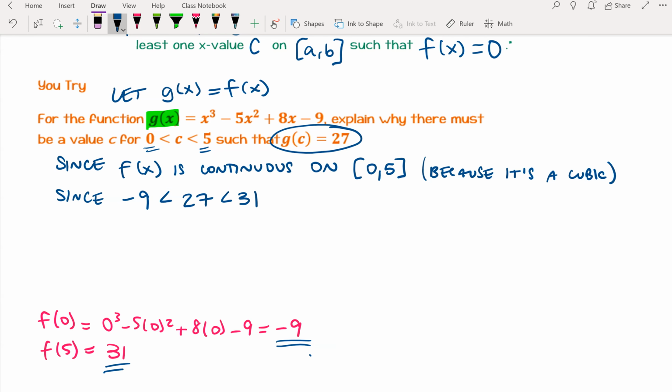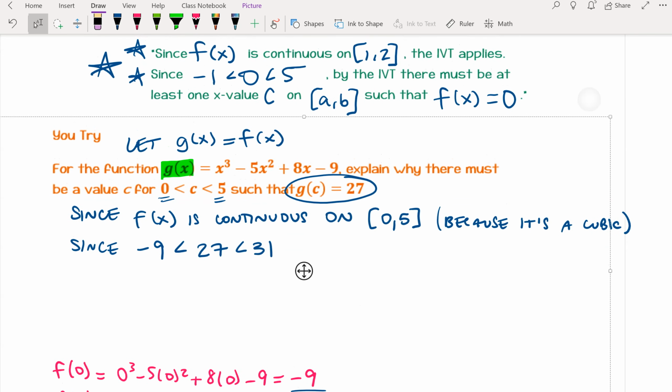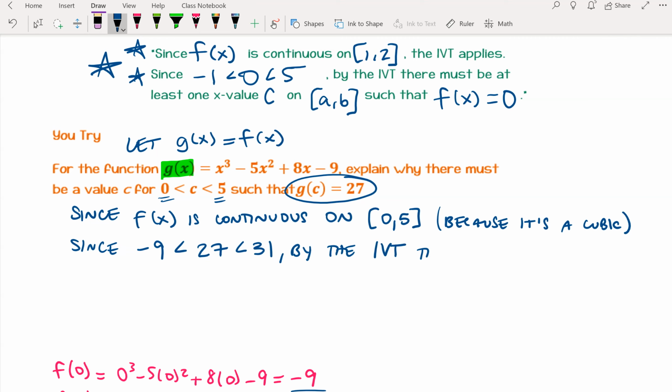since that's true, let's go back to our little green thing so we make sure we use all the right language. Since that is true, by the IVT, you are allowed to abbreviate intermediate value theorem, there must be at least one x value